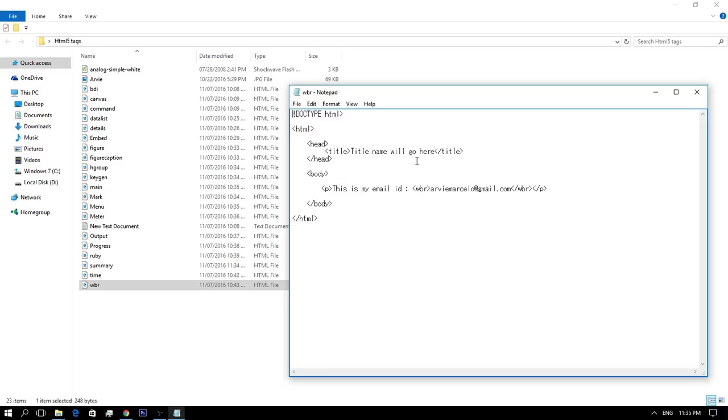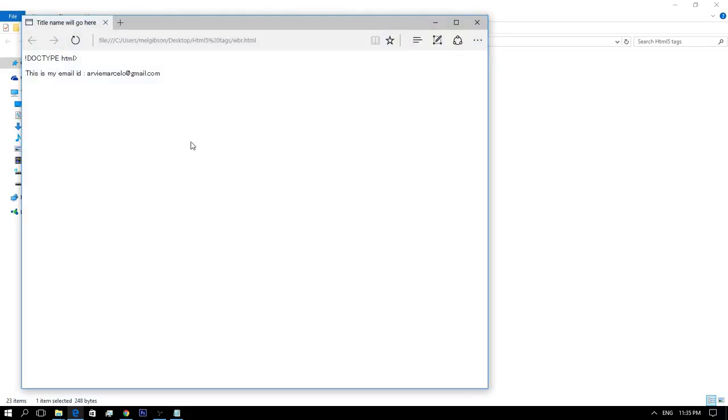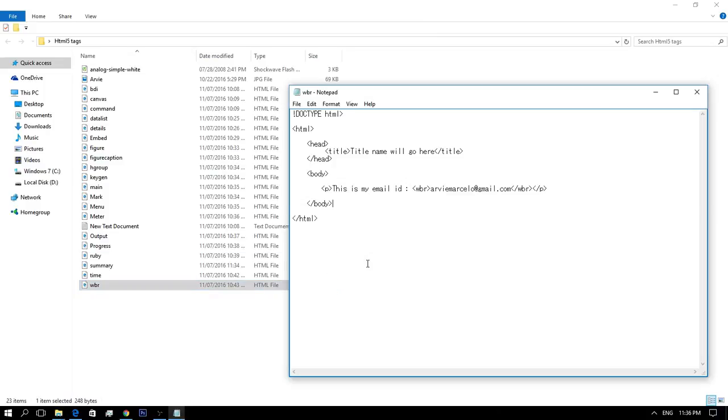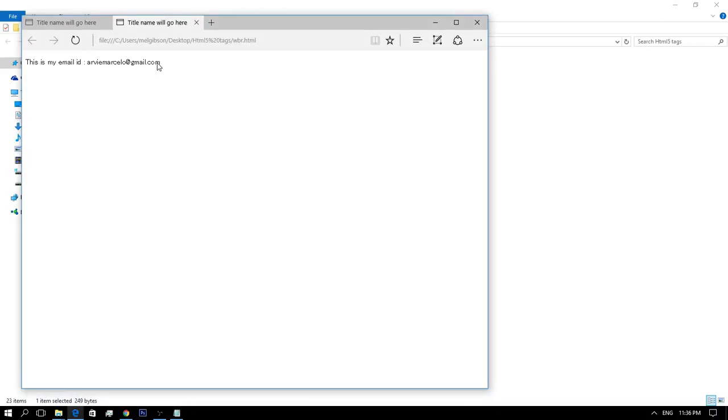If you don't want it to happen like that, you can use the WBR element. This can be more useful for writing email IDs in another long sentence. I forgot to add the doctype. You can see my example here.